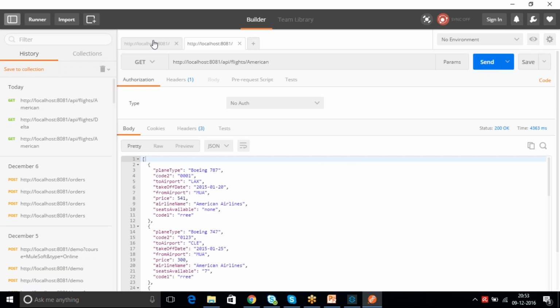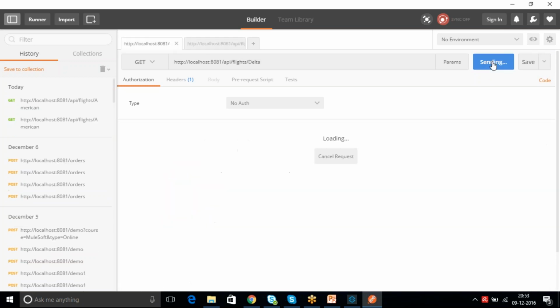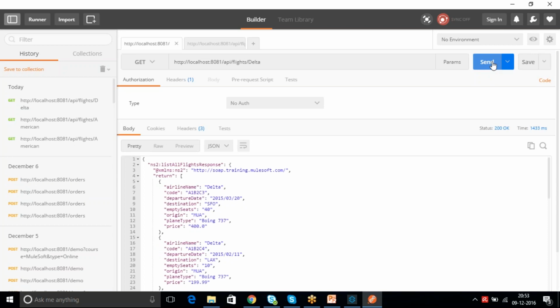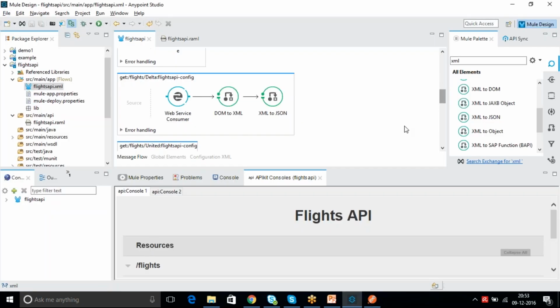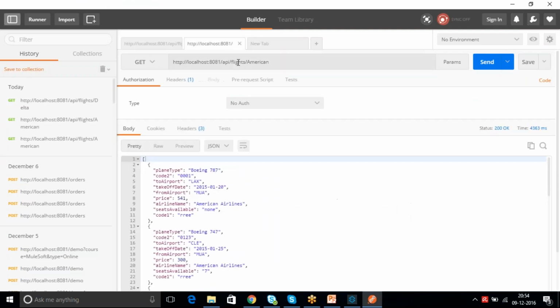So now I am able to hit my American database and Delta airline system. So far we learned how to interact with a database system and how to interact with a web service consumer, right? Now what is pending? One more is there, right?